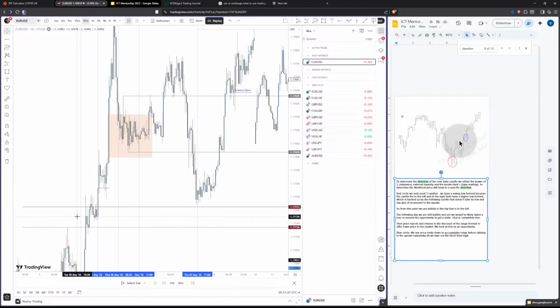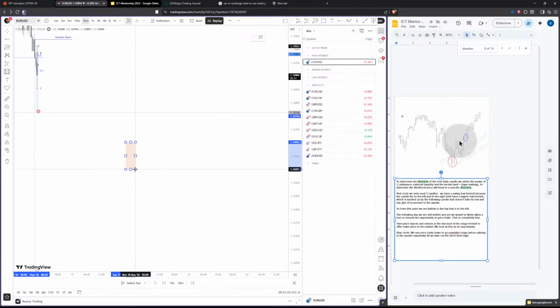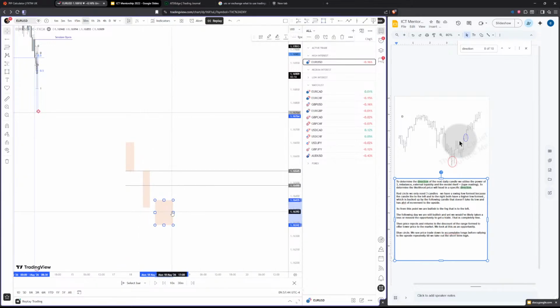Is there a way to see a potential fair value gap forming from two days? Maybe, what if you had one candle, two candle, bam. What we don't know is that this could be anywhere. So while there is yet a bullish candle, this determines where this is. So if we select both, but you can't move both. So depending on where this closes, depends where the fair value gap is formed.